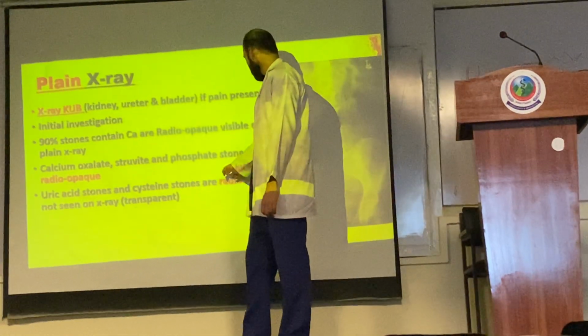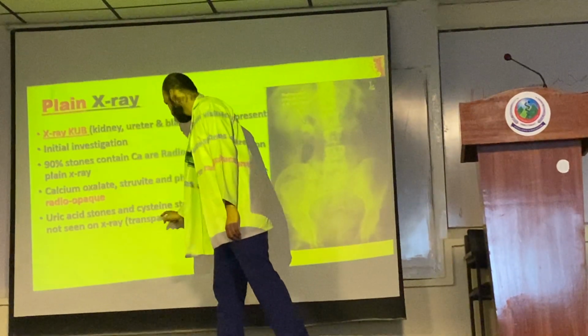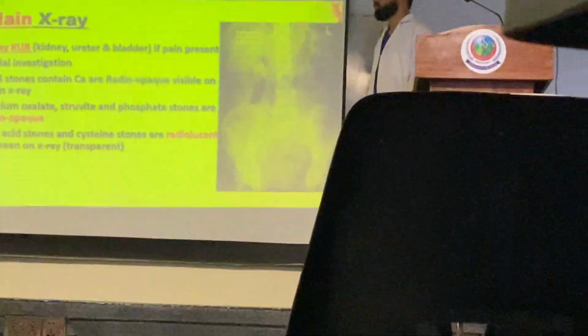But some stones are radiolucent, which cannot be seen on the plain X-ray, like uric acid stones and cysteine stones. Like you can see in this picture, these stones are present in the renal calyces as white stones. This is the KUB X-ray of